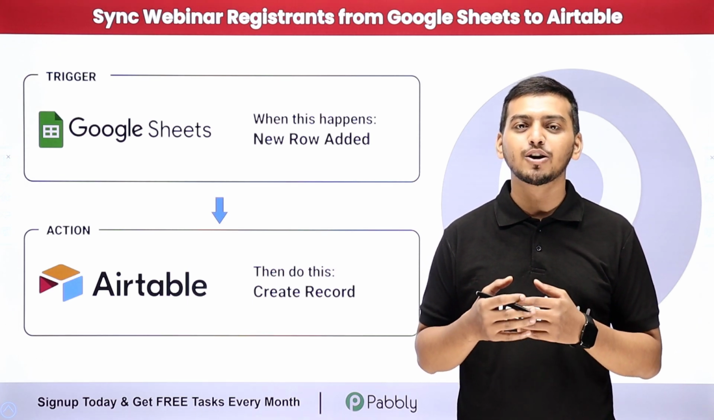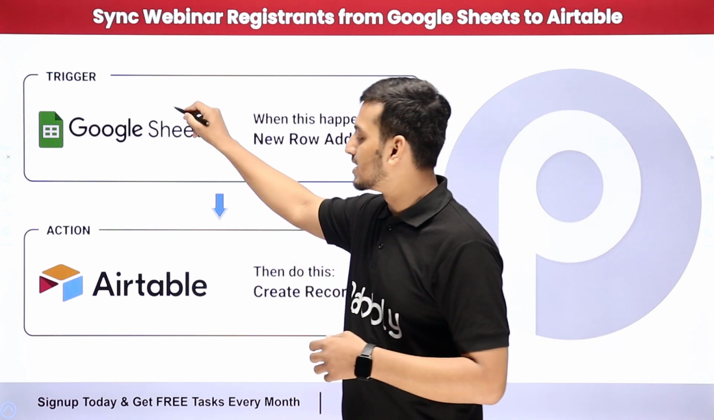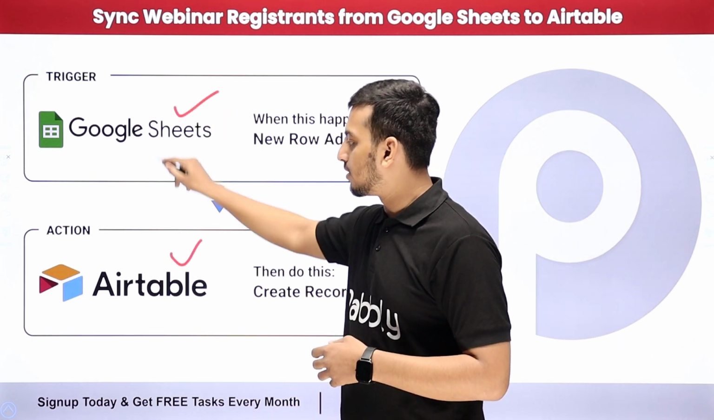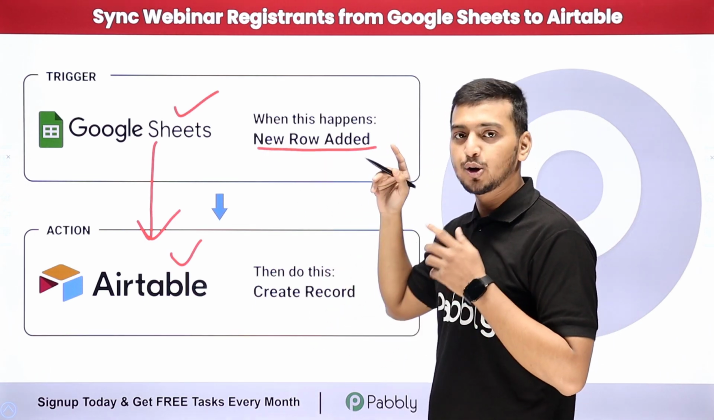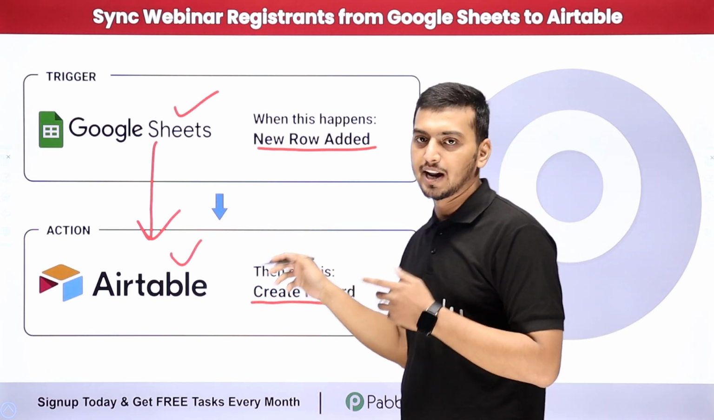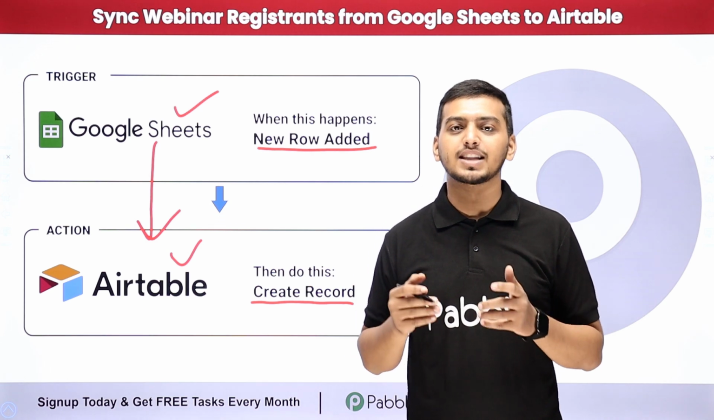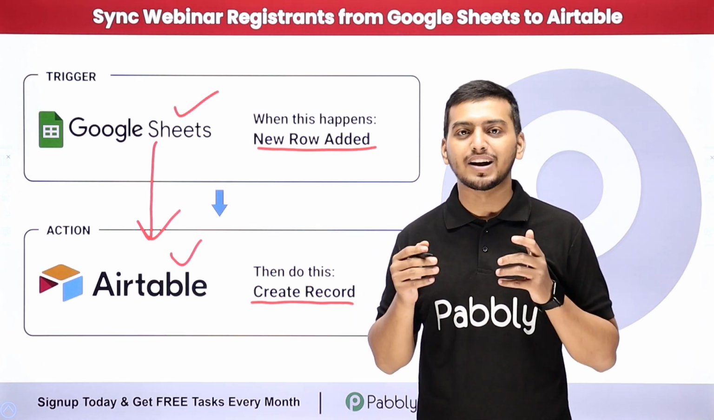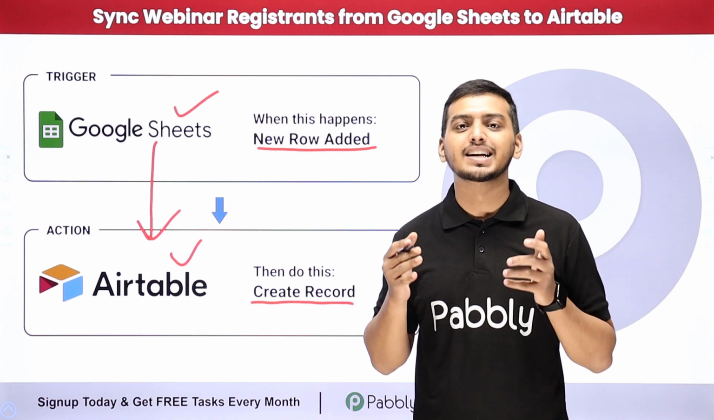And today I am going to demonstrate how you can create an amazing integration between Google Sheets and Airtable with the help of Pabbly Connect, wherein whenever any new row gets added to your Google Sheets, a record will automatically get created in your Airtable account. And the best part is that I have created this automation with the help of Pabbly Connect. So if you are ready to learn how you can also create such an amazing automation, then let's just jump